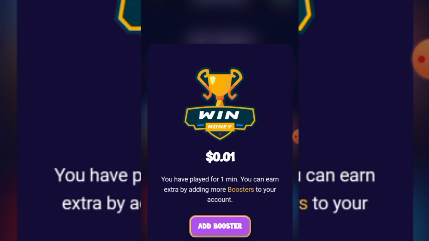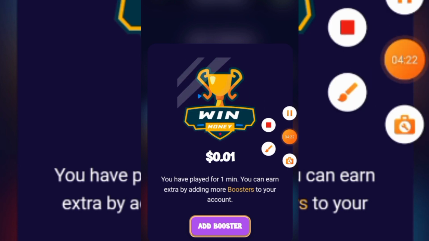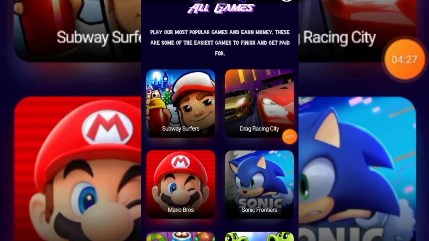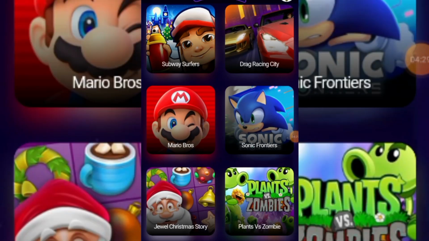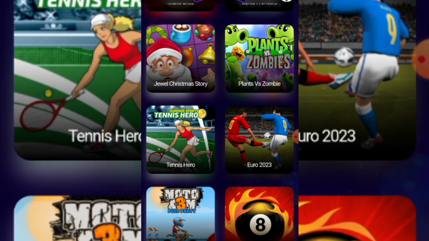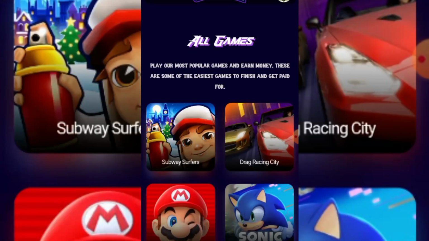So I'm gonna be closing this tab. I'm gonna be clicking on the back button. So there are a lot of games you could literally play on this app. You could decide to go with the football. There are a lot of games. Just choose any of the games you prefer most. So in order to see how much you have accumulated,